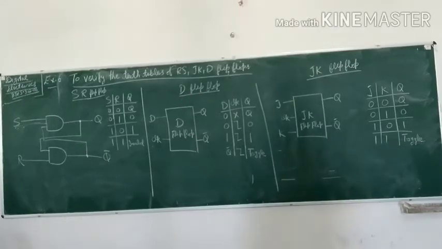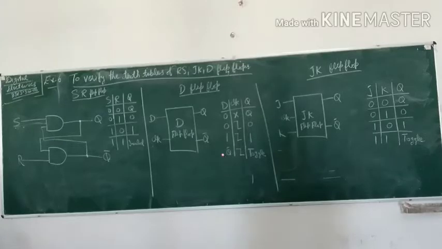So first is D flip-flop. This is the circuit of D flip-flop. Only a single input will be there and clock signals will be generated. So whenever the clock is supplied, it will produce the results. So this is the truth table of D flip-flop. When we have D as 0 and no clock, it will remain in the previous state. When 0 is supplied and a clock pulse is also supplied, that means the circuit will be in reset state. When we apply D as 1 and the clock is applied, it will be in set state.